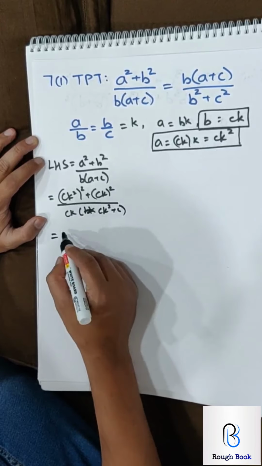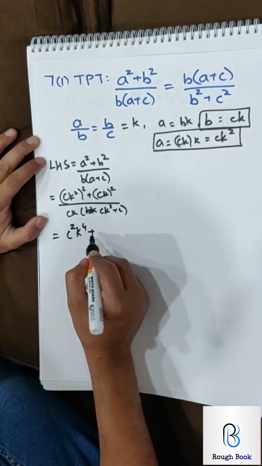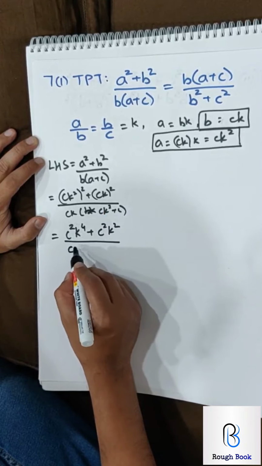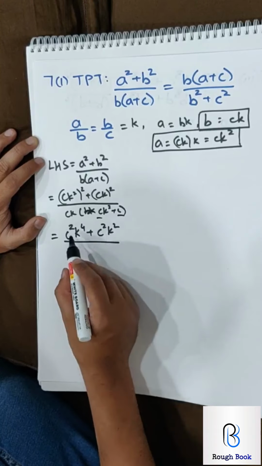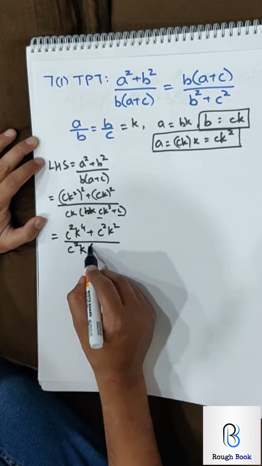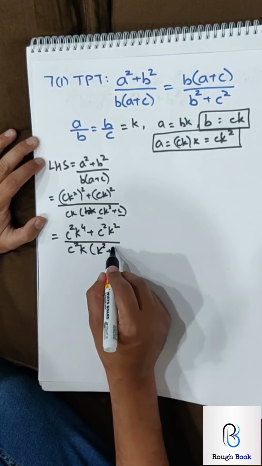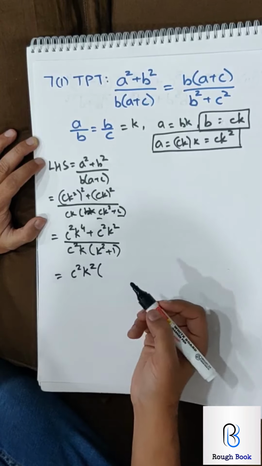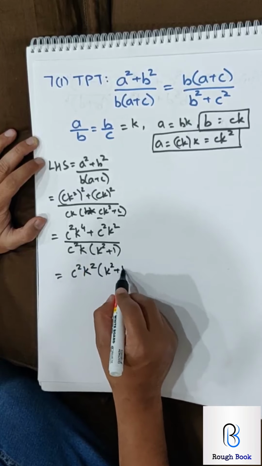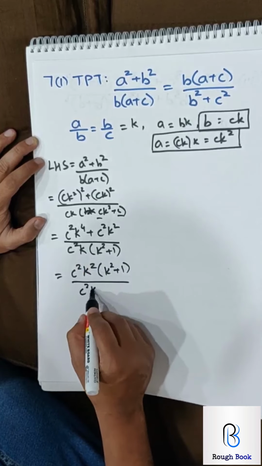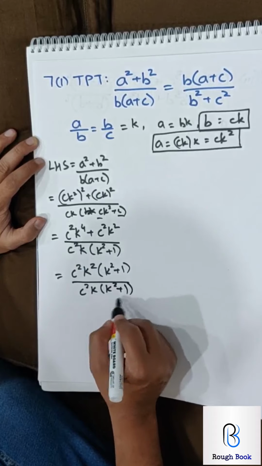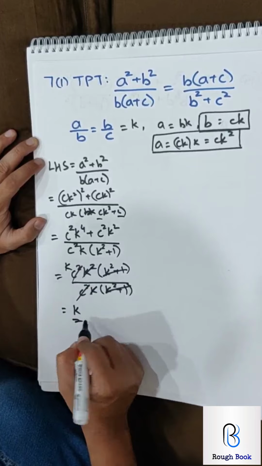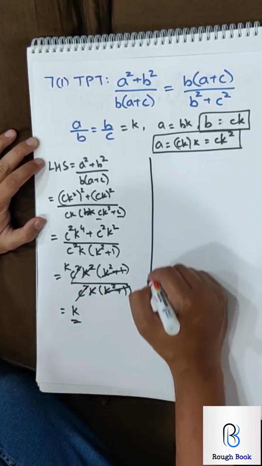So here what happens is I will get C square K4, C square K square, C, I am pulling one C common. So this C becomes square into K. Here what will be left is K square plus 1. Here numerator C square common, K square common. So what is left is K square plus 1. Denominator C square K, K square plus 1. This gets cancelled, only 1 K is left. Yeah. Likewise you can try the RHS.